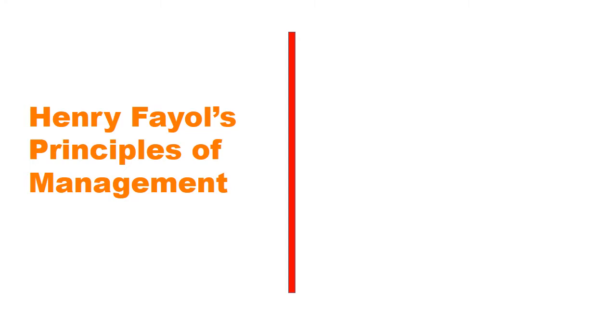In my last video, we discussed the 7 principles of management, that is division of work, authority and responsibility, discipline, unity of command, unity of direction, subordination of individual interest into general interest, and remuneration of employee. Today in this session we will be discussing the remaining 7 principles of management, that is